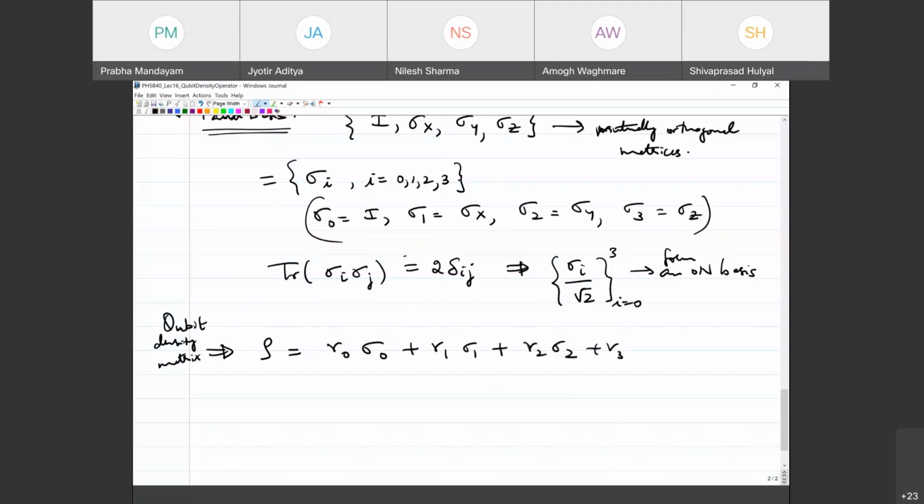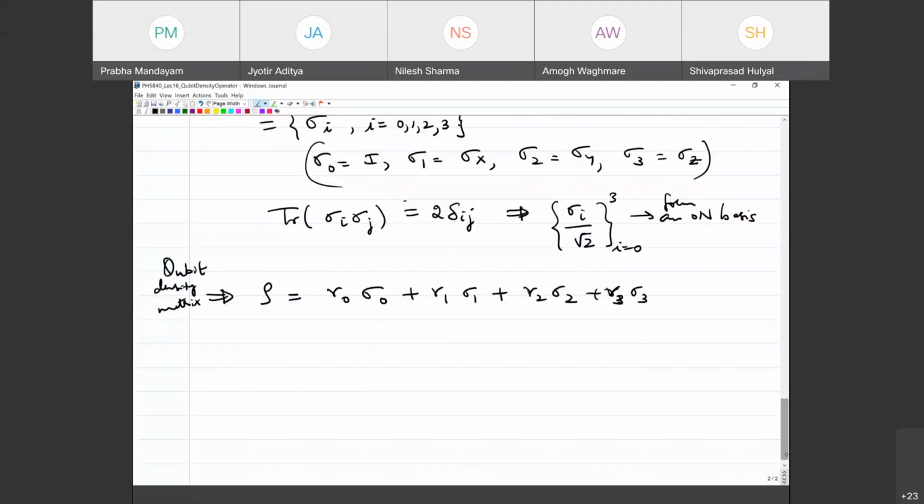You see, it really doesn't matter which sigma is 1, 2, 3. It just matters that there is a sigma 0 which you distinguish because that's the identity, and there are the remaining 3 sigmas. Okay. Now, what can you say about R0, R1, R2, R3 for rho